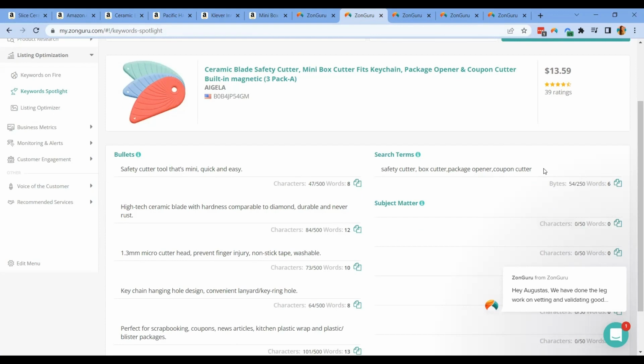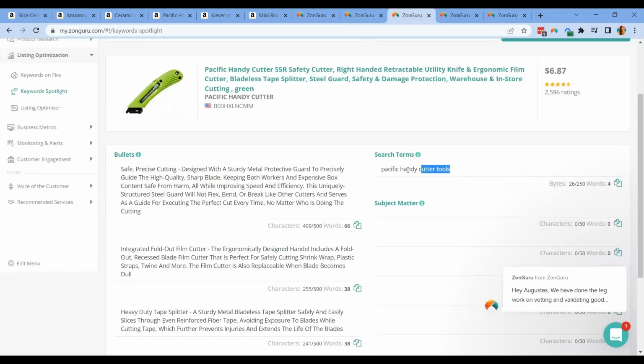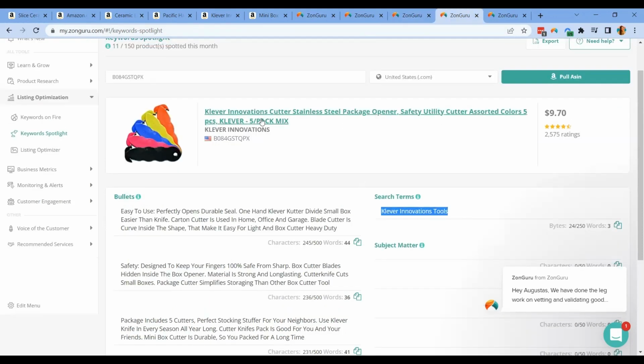So moving on, I also saw this type of safety cutter. Then I see that they did a defense keyword strategy, which is using their own brand name, Pacific Handy Cutter. Alright, so anyone who types Pacific Handy Cutter will specifically be directed to this listing right away. So it is another smart move to get these exact keyword terms to gather those people who are searching for this product straight away to your product listing. Alright, so next is another ASIN. They also use a defense keyword strategy, which is using their own brand on their search terms.